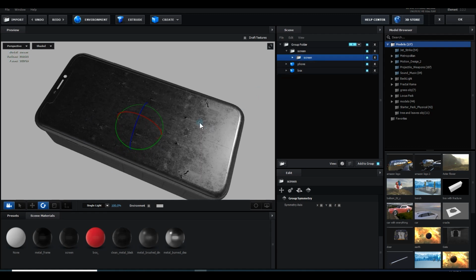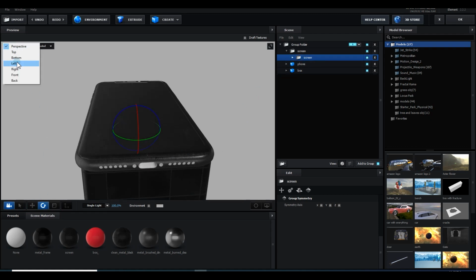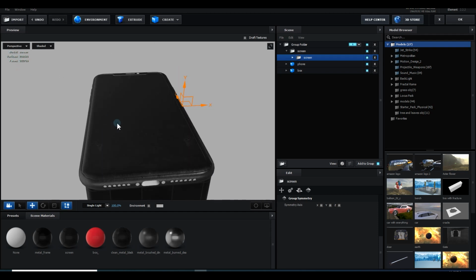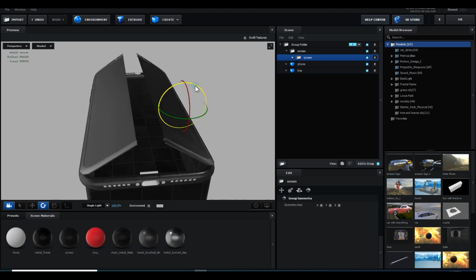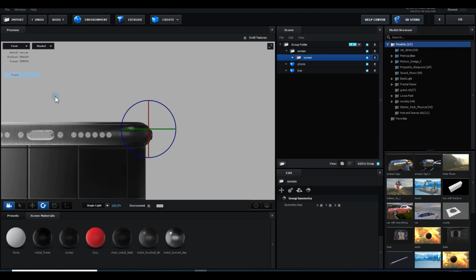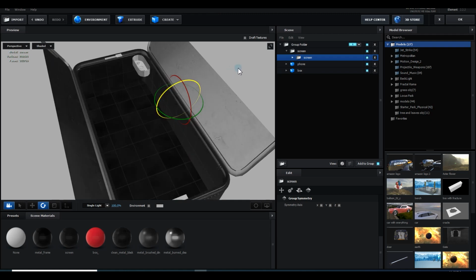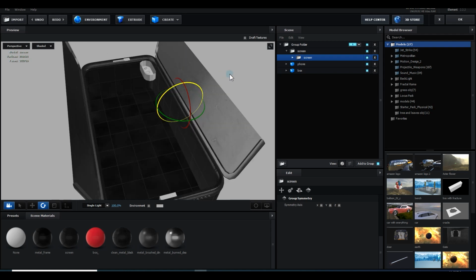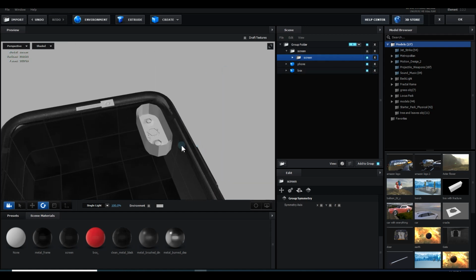So I will select this one and I will change the anchor point. So let's go to the top view and transform tool and just lock it and move it here. Perspective good. And let me check it. So unlock it and rotate it, and pretty good. Not too much, but good. It's good. So let's go to the front view again and lock it and make it here. And let's unlock it and let's check the rotation again. So it's good now. And one more thing, guys, you can just hide this screen and delete this box.